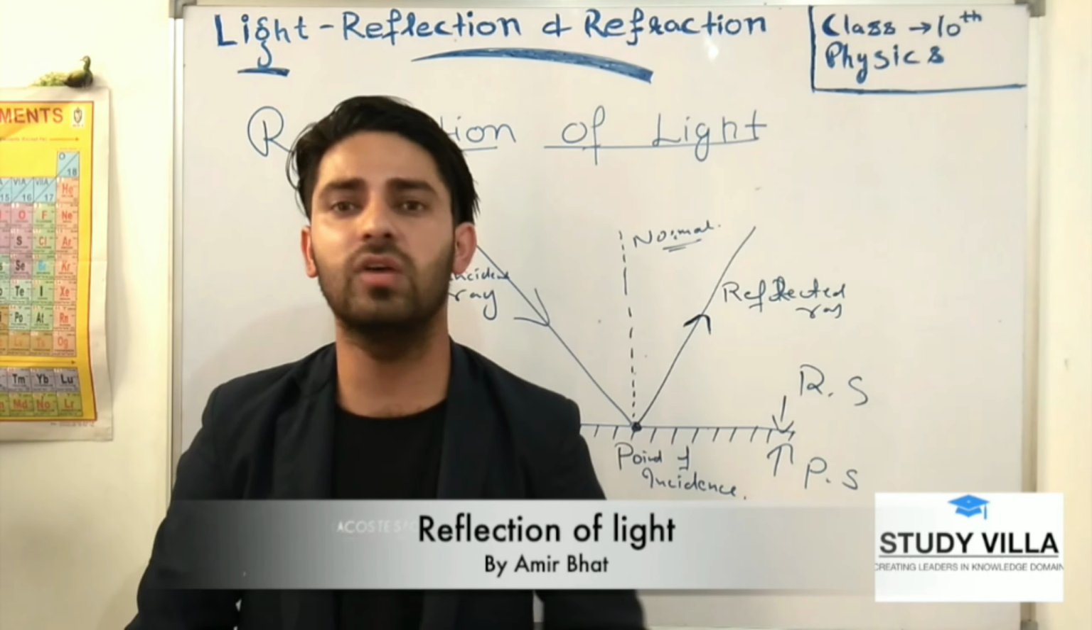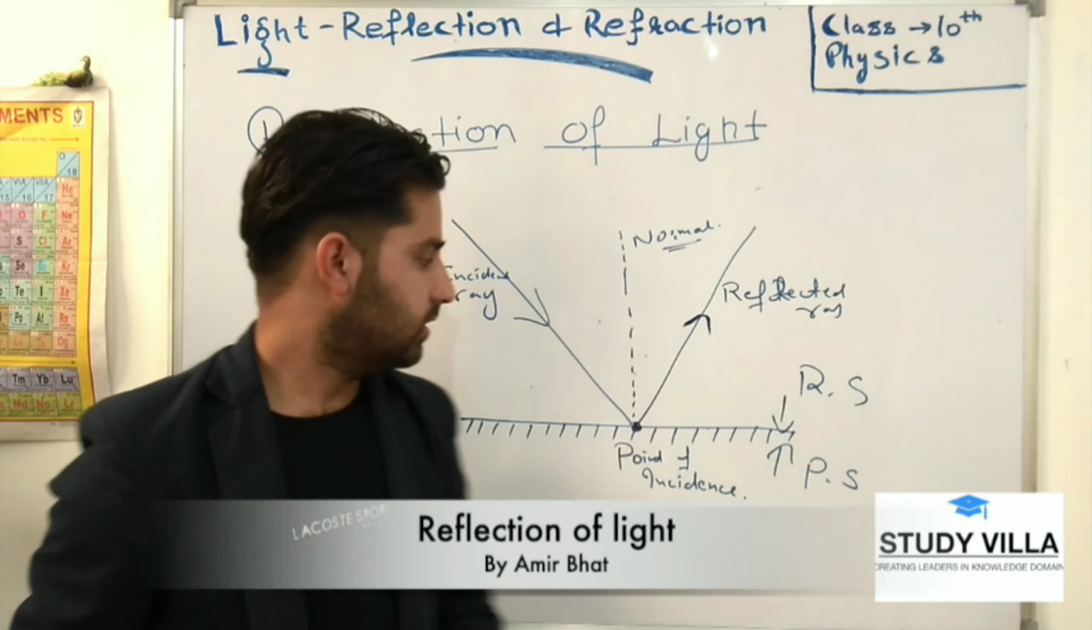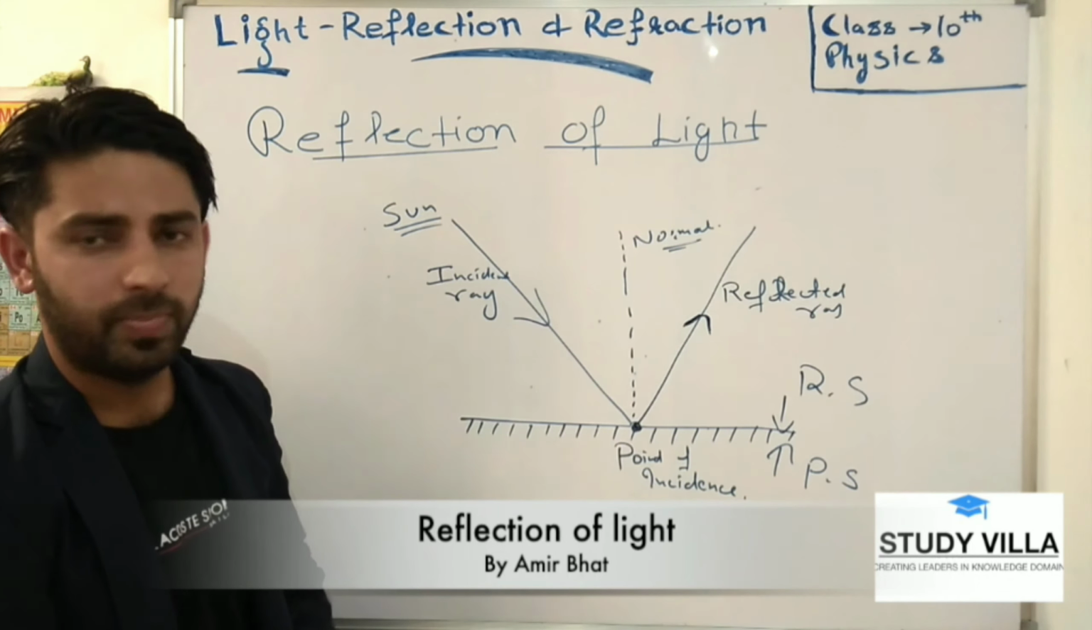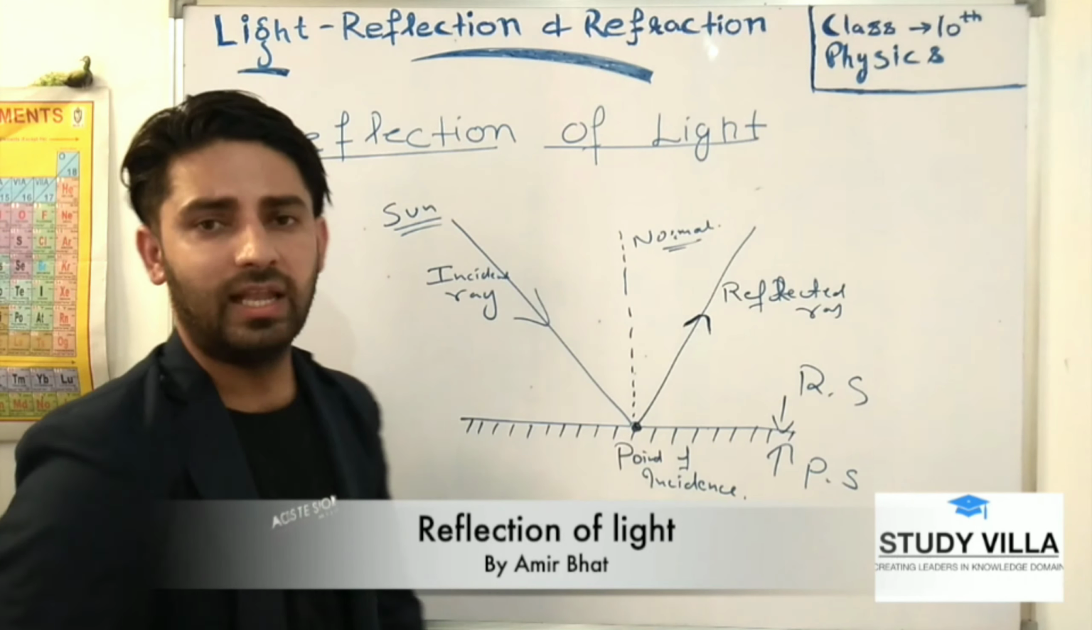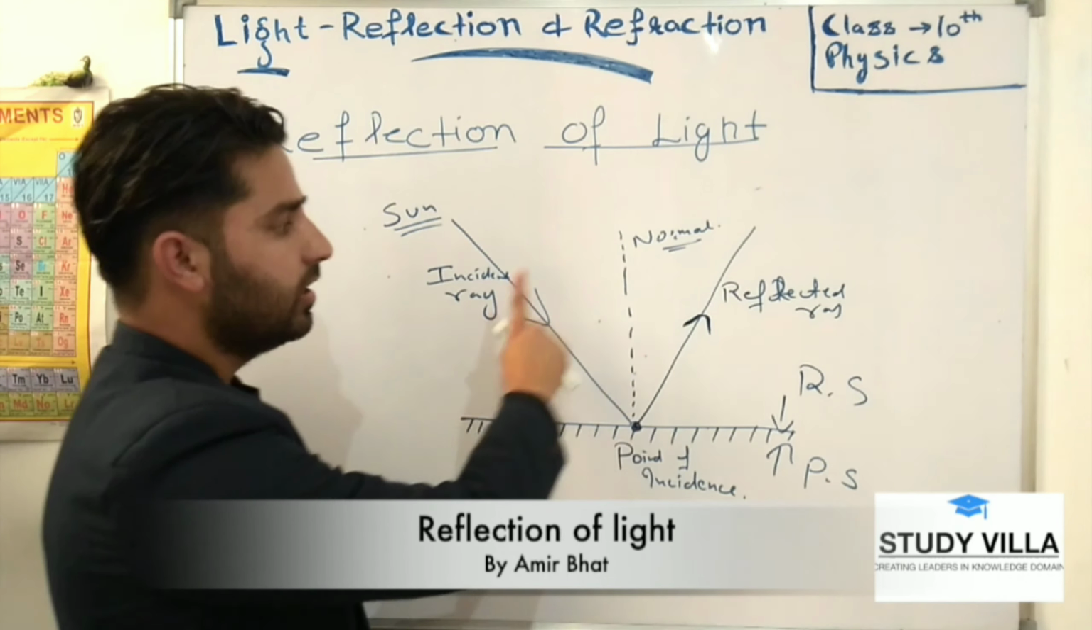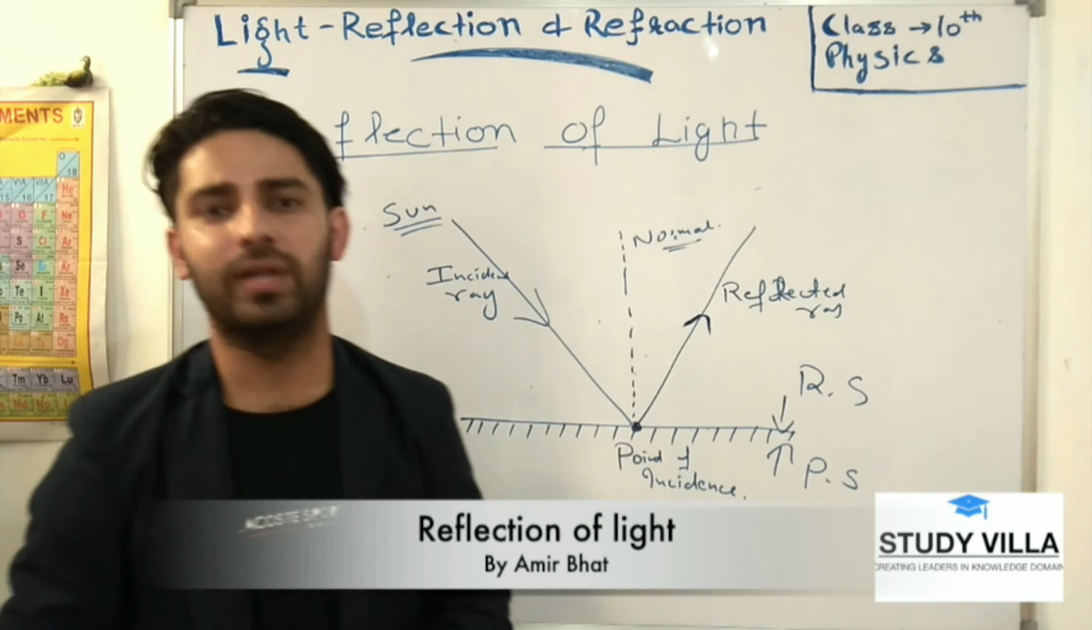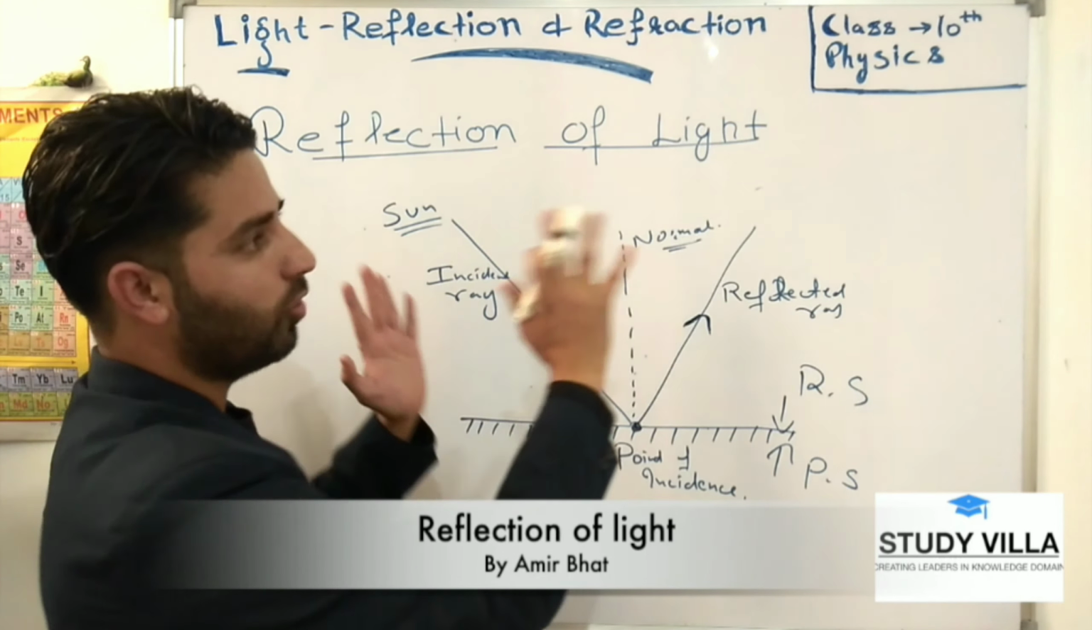So there are basic two laws of reflection here. First law states the incident ray, reflected ray and normal lie on the same plane, which means if I rotate the whiteboard like this,